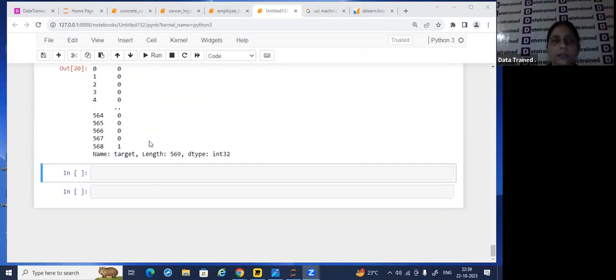Now I need to do train test split, I need to split the data. These values will be returned: X_train, X_test, y_train, y_test is equal to